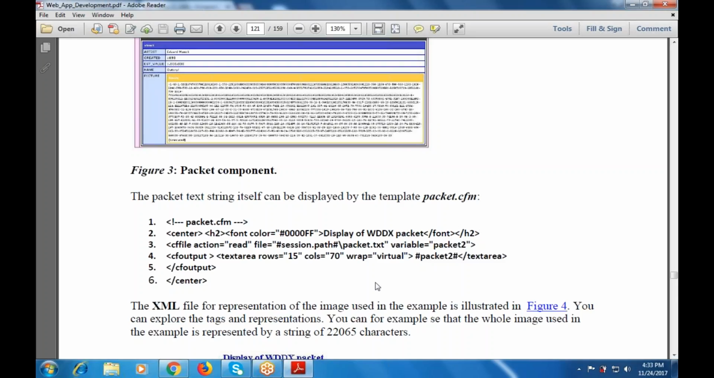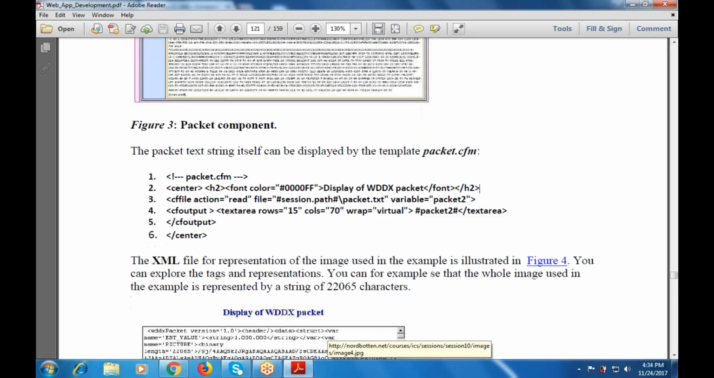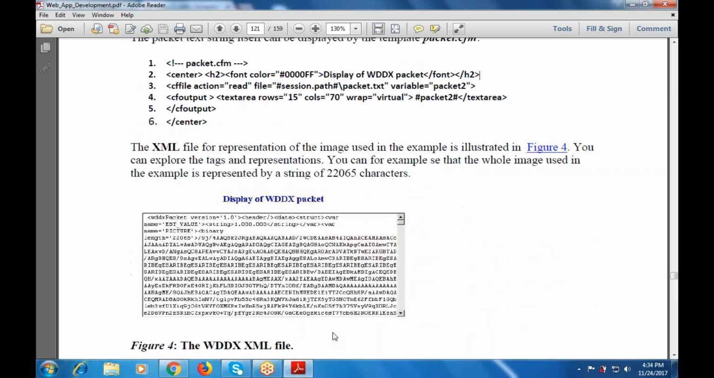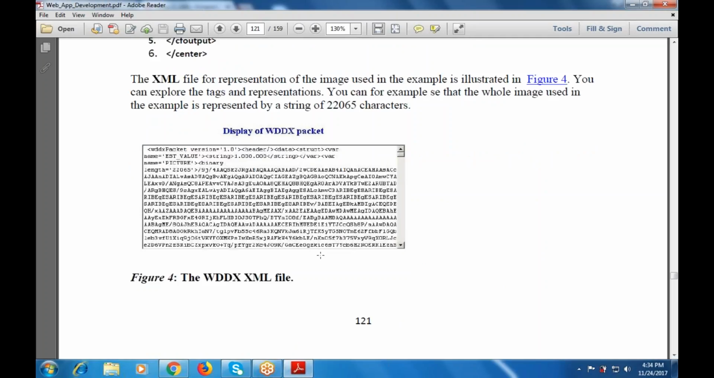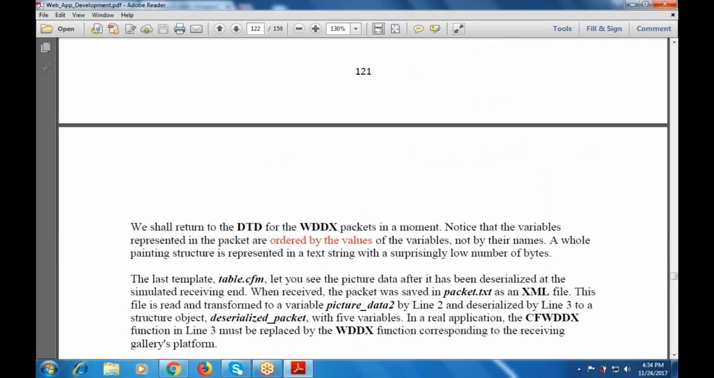And you can also, for example, change the whole image used in the example that is represented by a string of 22065 characters. This is a display of the WDDX packet that will be displayed with the WDDX XML file. Now this is the XML file that is not representable. Now we shall return to the DTD, that is the document type definition